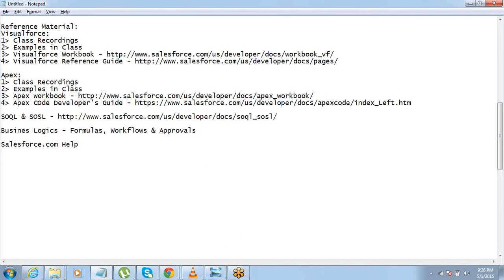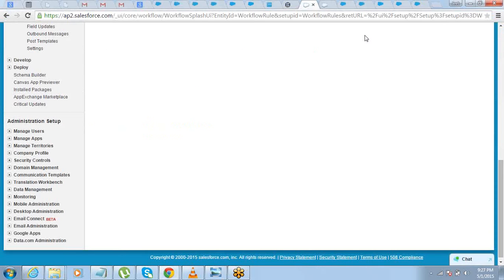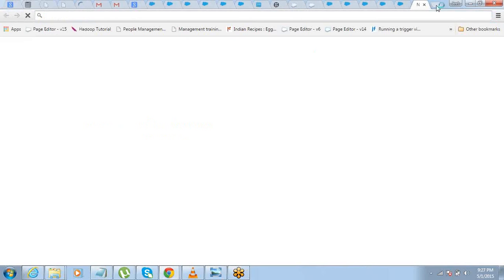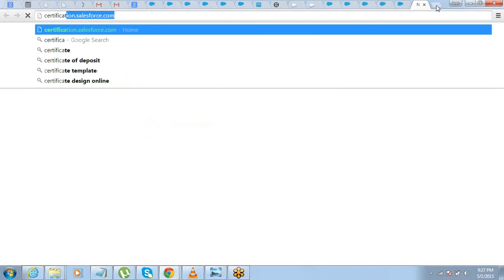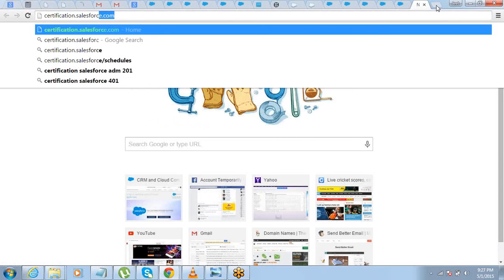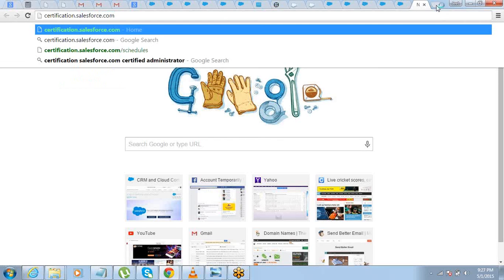Okay, in case anyone is willing to go for certification exams, depending on whether your employer wants you to be certified, or whether the consulting company that is working with you asks you to get certified, there is a nice link here called certification.salesforce.com. Here it is.